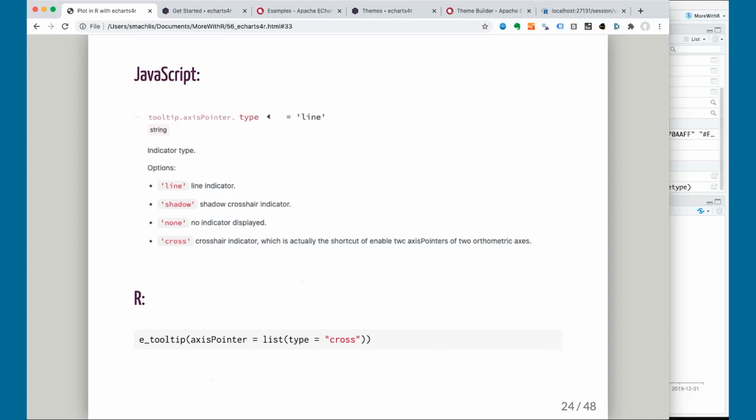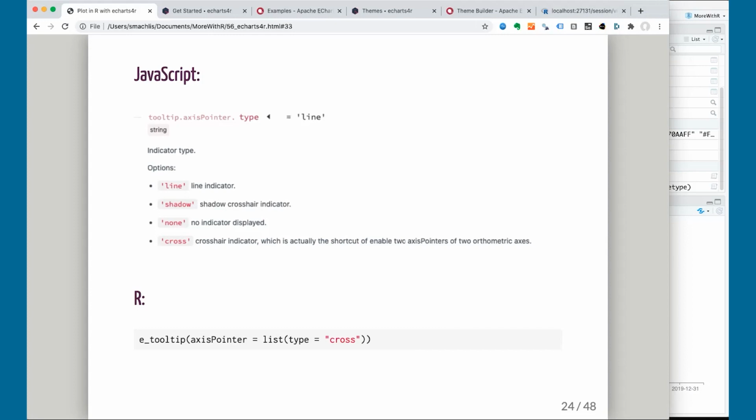Tooltip is an available eCharts for R function, E_tooltip, so we can use that in R. Axis pointer is a tooltip option, but again, as far as I know, it's not part of the R package. One of axis pointer's options is type, which can have a value of line, shadow, none, or cross.